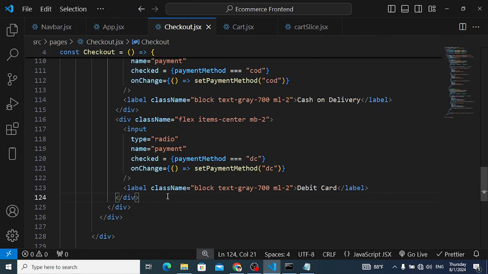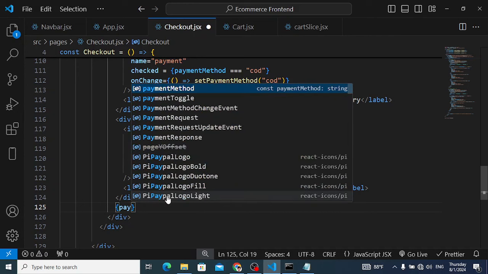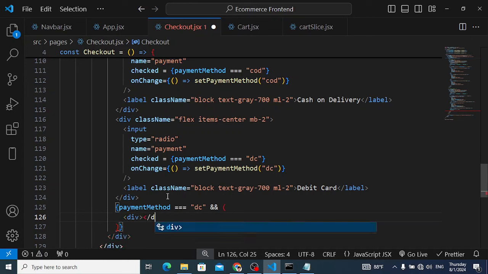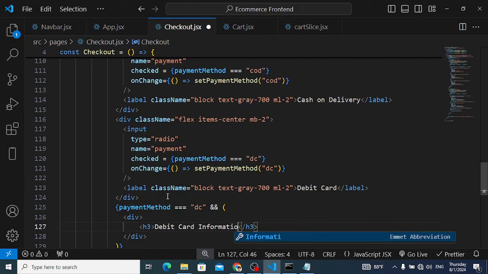So just come here, we will write if the payment method was equal to DC, it means debit card, and display this information for us. Div element, and inside this div element an h3 tag, debit card information,